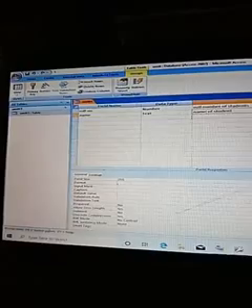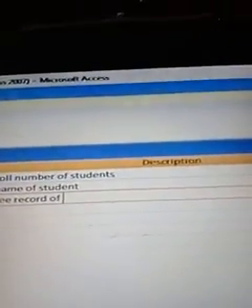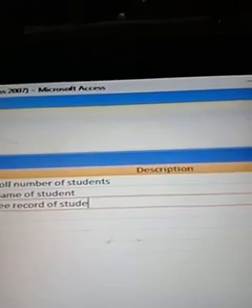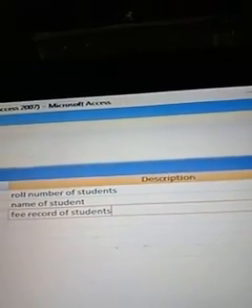Next is Fee, which should be Number, with description fee record of students.